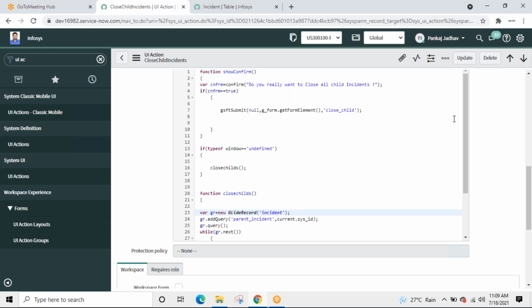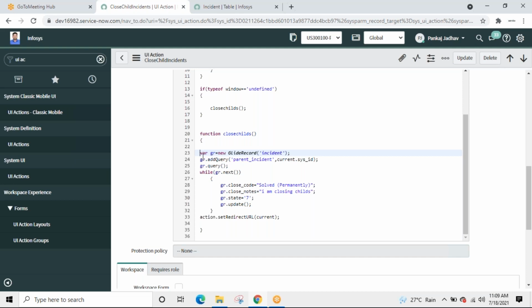and then open a new glide reference to incident table. Add a qualification. What is the qualification? Parent_incident field in the incident table. Suppose there are 100 incidents. Find such incidents where parent incident is my currently opened incident, current.sys_id.